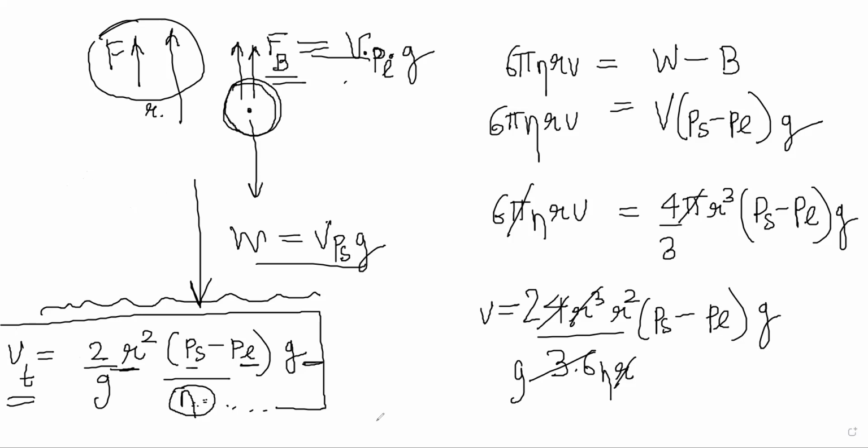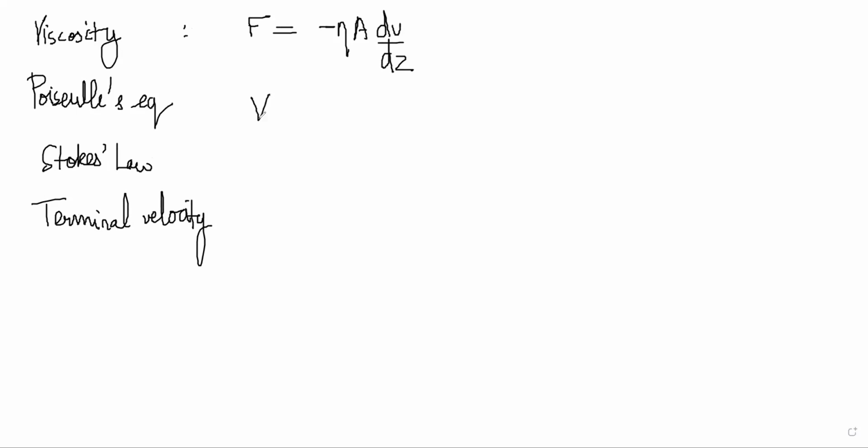Basically, before this we have seen so far, after capillary tube, the coefficient of viscosity, viscous force, viscosity. Then we had Poiseuille's equation. Then we had Stokes law, then terminal velocity. And each thing, the terminology, you need to be clear on what it means. Here, this was force is equal to minus eta A dV by dz. Here it was the volume rate of flow of viscous fluid through a tube. This was pi p r4 by 8 eta L.